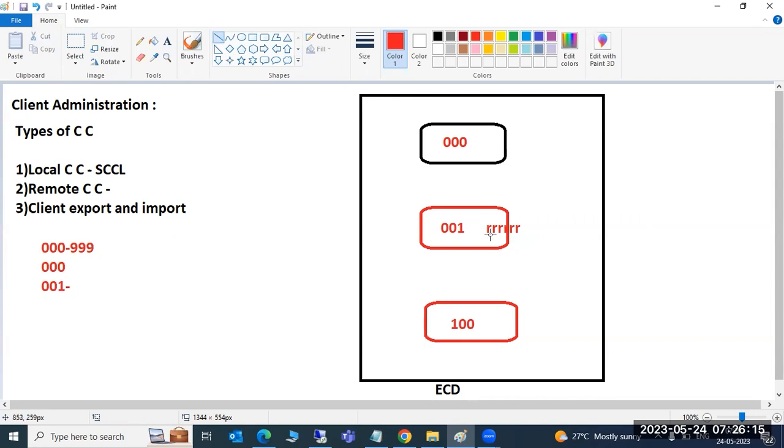In this case, SAP provides an option, client copy, which means you can copy the data from this client to this client. You can copy the data locally, because you have the requirement only within the system, between two clients. That is called the